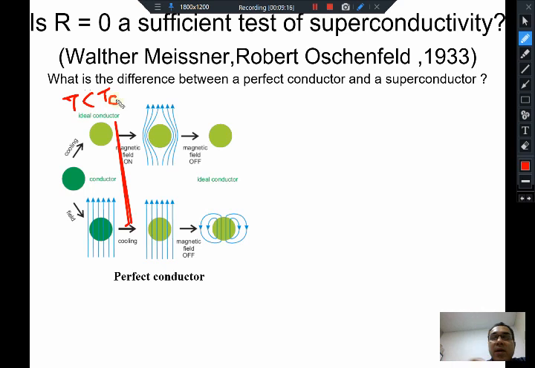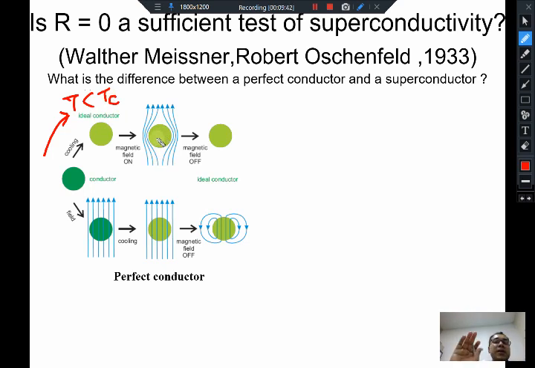If the metal, going from here to here, is becoming an ideal conductor, a perfect conductor, and you switch on a magnetic field once it has become a perfect conductor below its superconducting transition temperature, what will happen?